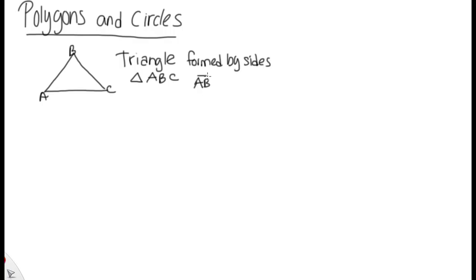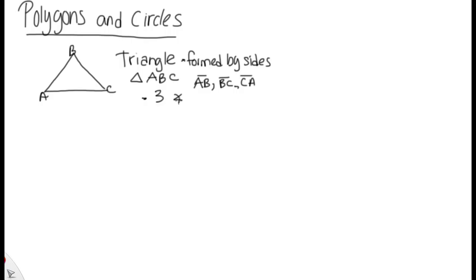AB is one side. We have BC, and we have CA. A triangle has three angles and three sides. So we have the angles, these are the sides,